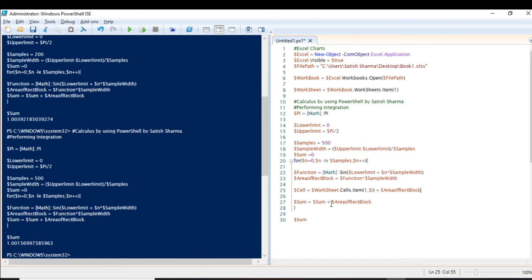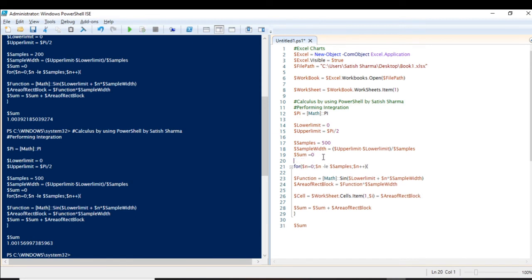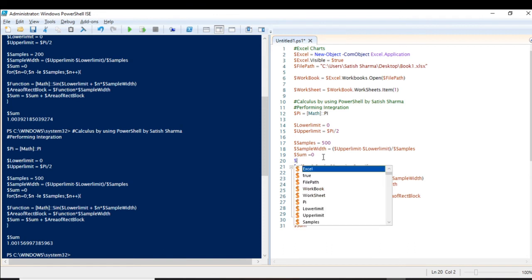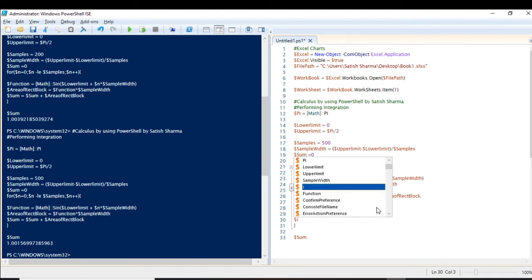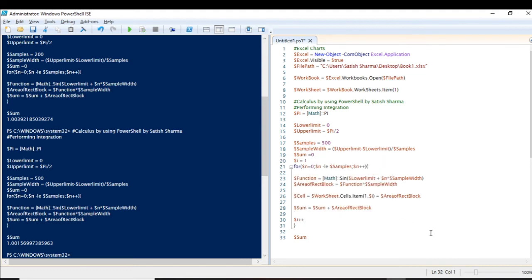This will be the value here. Let us also initialize $I equal to 1, and after performing all the operations this should increment.